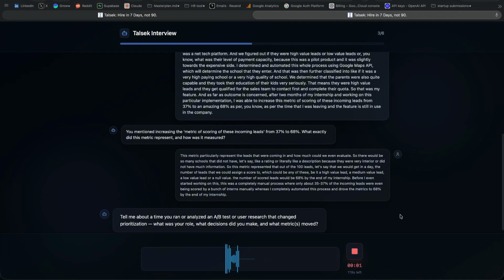So during my internship at Ziva, I was charged with running quite a few A/B tests for their marketing efforts and what worked best with the teenage audience that we were working with. Mind you, Ziva was a company that was offering cards which would be loaded by their parents for their expenditure and their usual day-to-day life. And we would offer a lot of reward systems for them to be able to use our cards. And our biggest challenge was acquiring new customers at the time, given that we were at a very, very early stage.